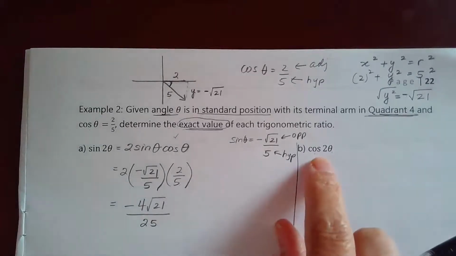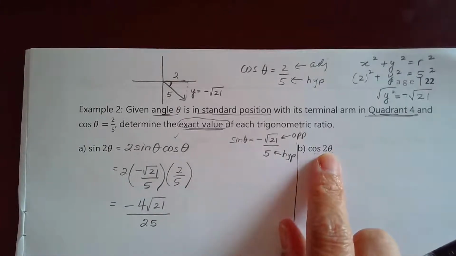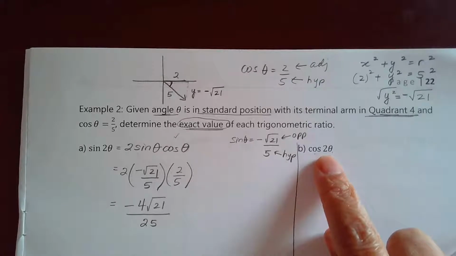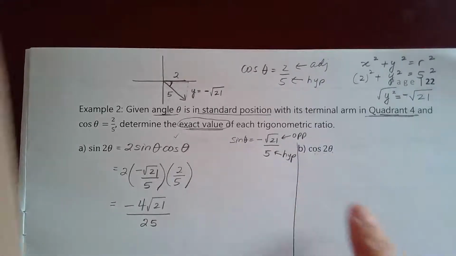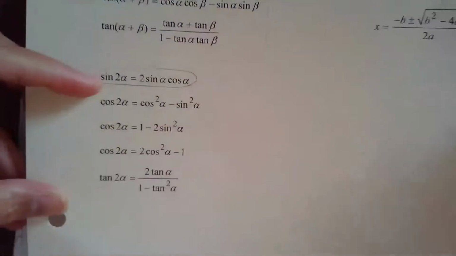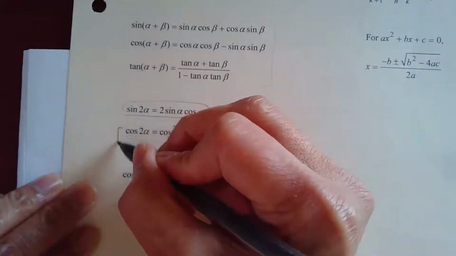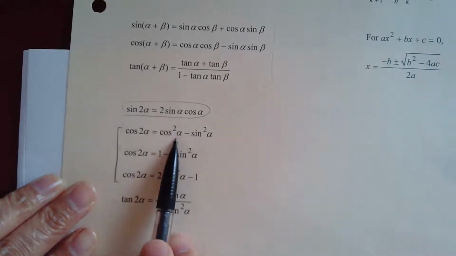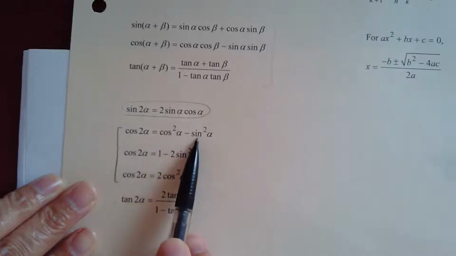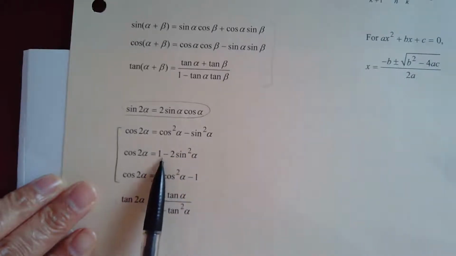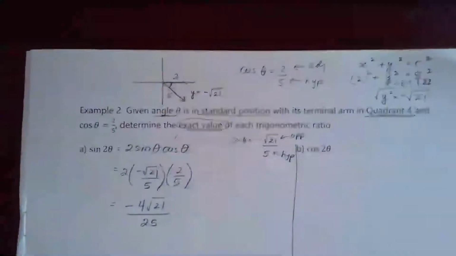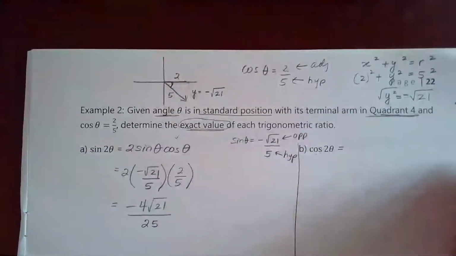Well, this one we got several choices. You can pick which one you like the best, which I would say pick the easiest one if you can. So let's see here. Cos 2 theta. Well, what's a cos 2 theta? Cos 2 theta, we have these possible choices. We can either go cos squared of the angle minus sine squared of the angle, or we can go 1 minus 2 sine squared of the angle, or we can go 2 cos squared of an angle minus 1. So we got 3 choices, and we have all of the information for